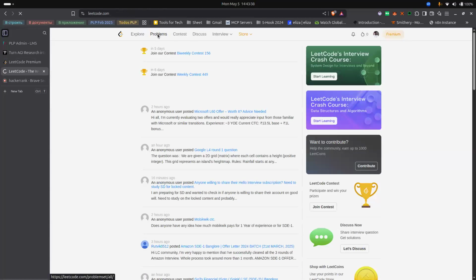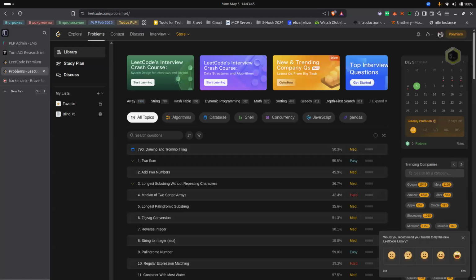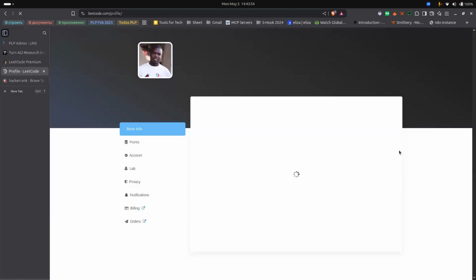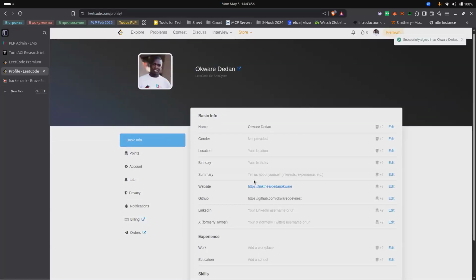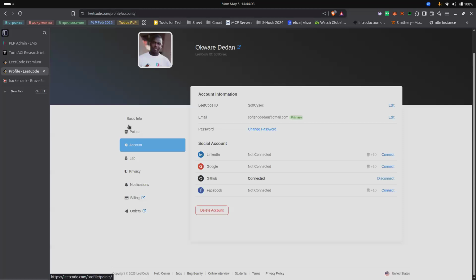Bring me the problem set. I want to show you something. Appearance, settings. I've been having my account for quite some time now. I don't remember when was the last time I logged in. You see, this one is a PLP one. So I think since 2022,